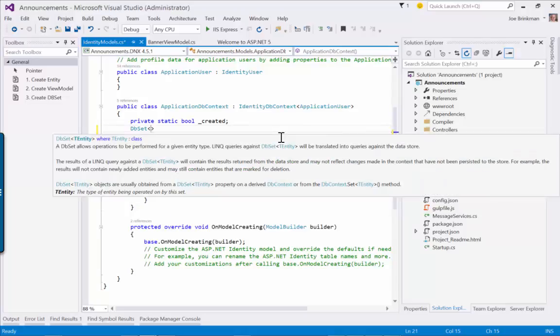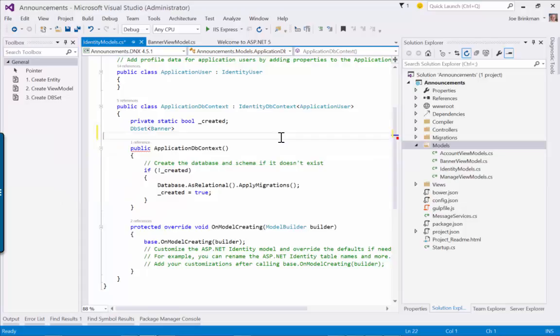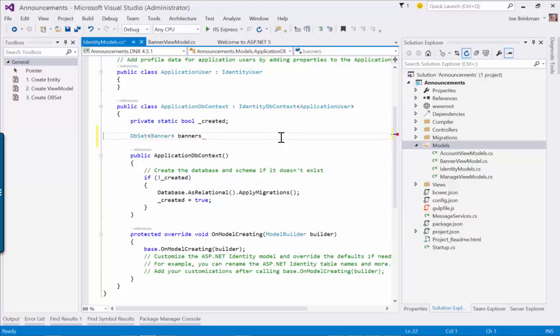And I'm going to define that as type banner, and that is good. So I've got this DB set that allows me to get my banners back from the database. So this is basically setting up that repository. If you've used Dowel 2 and DNN, this is now our repository, if you will, for banners in